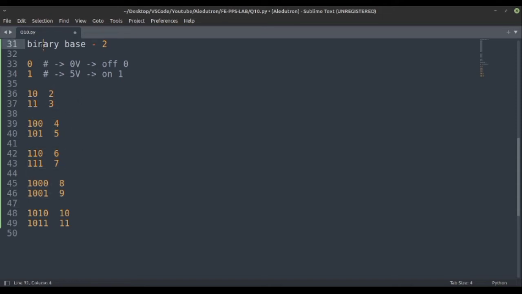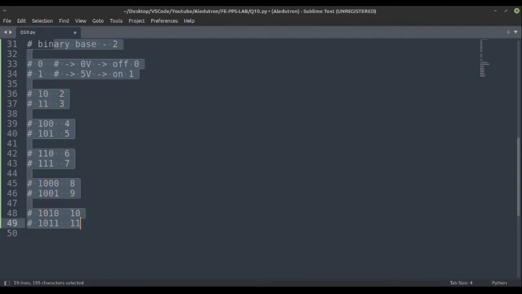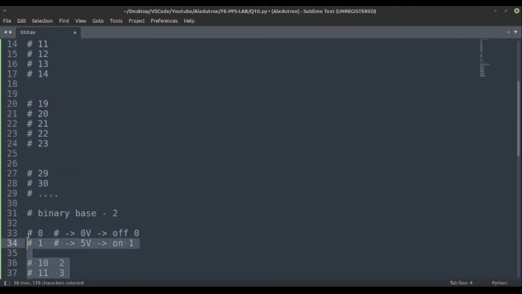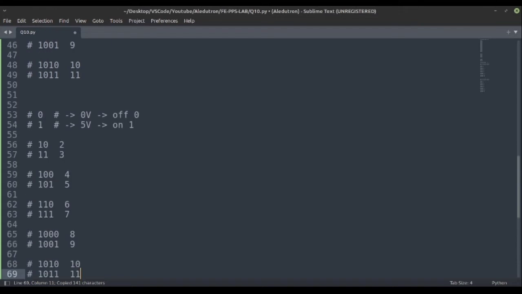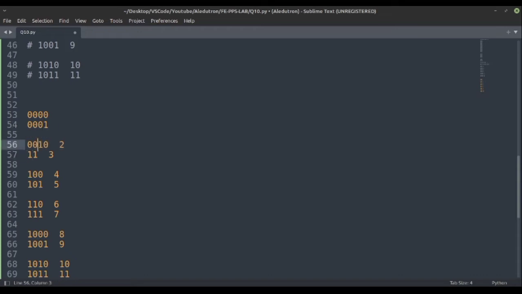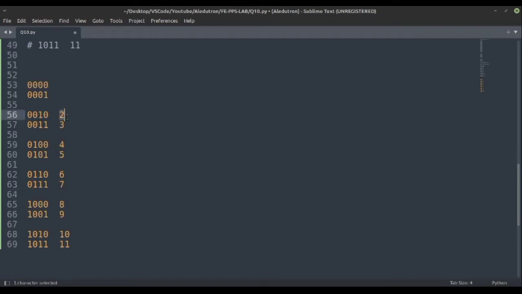How do we know this? So there is a mathematical calculation behind this. So basically if we take 4 digits, let's just copy this only. So this, and uncommenting all, removing this. So what we can do, we can convert all these numbers into 4 digits by adding zeros at first. So basically the zeros at the leftmost position are not that significant. So we also call those non-significant zeros. So we basically converted this.